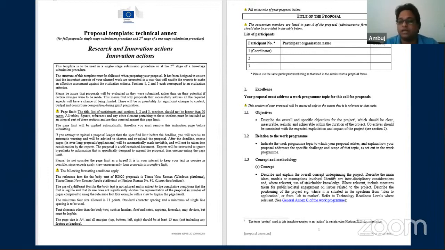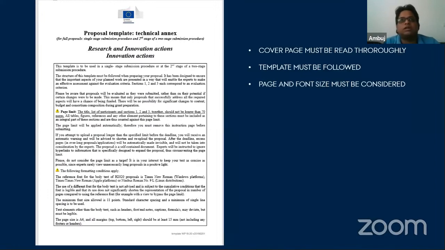Here they are very specific, because there are thousands of proposals that come for every call, and the evaluators need to go through all the sections. So they say that sections 1, 2, and 3 will be evaluated. Whatever you write in sections 1, 2, and 3, I will let you know in the later slides, will be evaluated.